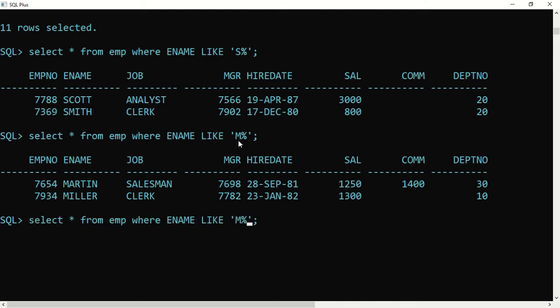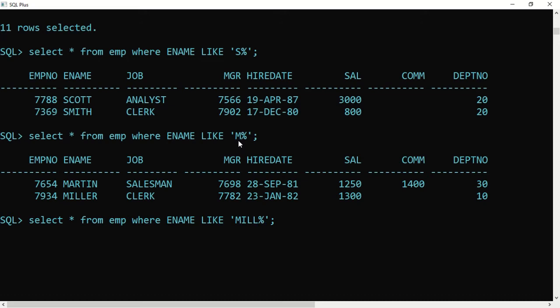I can also search for names starting with M-I-L-L. His name contains Mill, and I don't know what it is; it may be Milan or maybe Miller. Whatever it is, we don't know. We know only that his name starts with Mill, and after that it can be any number of any characters.